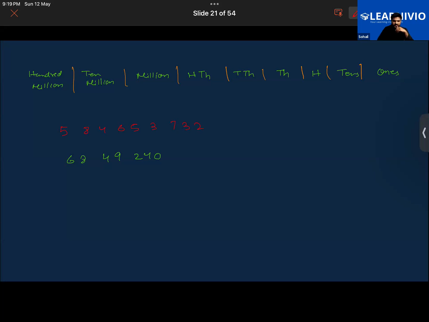First of all, the first thing you need to do is correspond the digits to the different places as per the place value chart. Like this 0 will be written over here, 0, then 4, then 2, then 9, then 4 again, then 8, and then 6. Then read it again. So it's 6 million, 6,849,000.